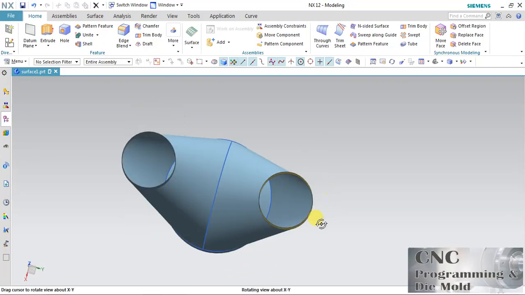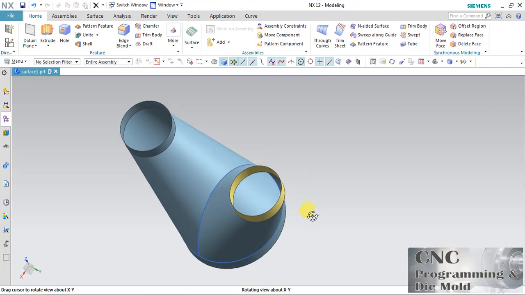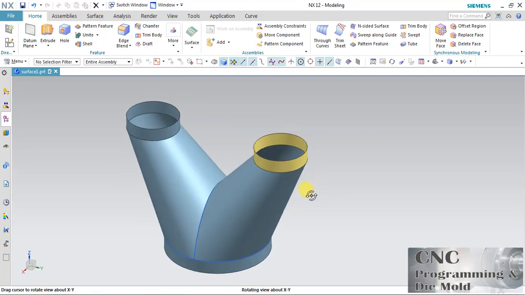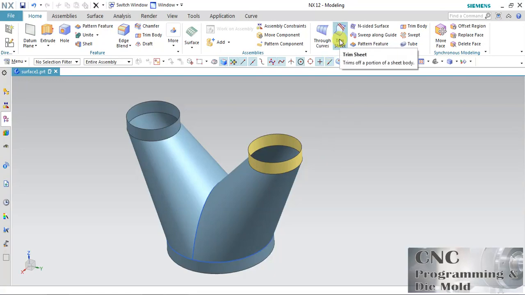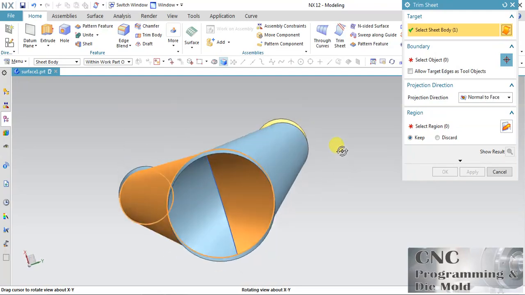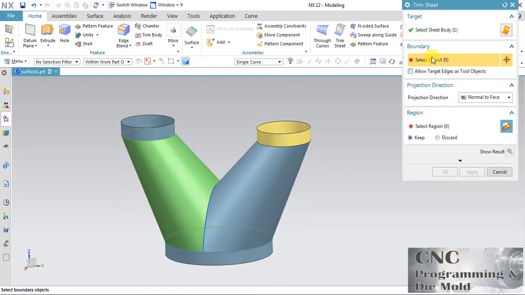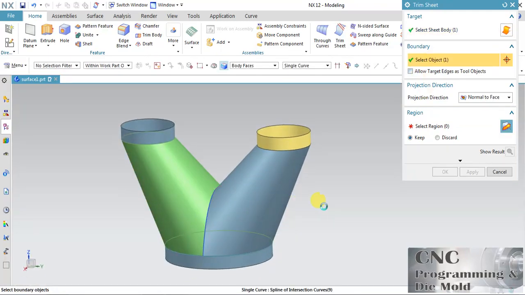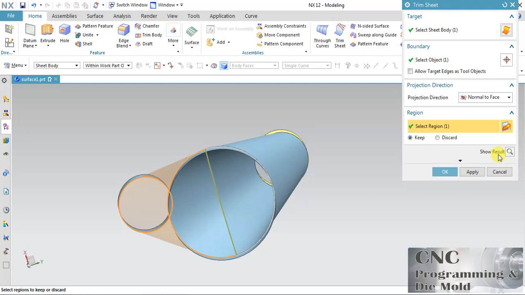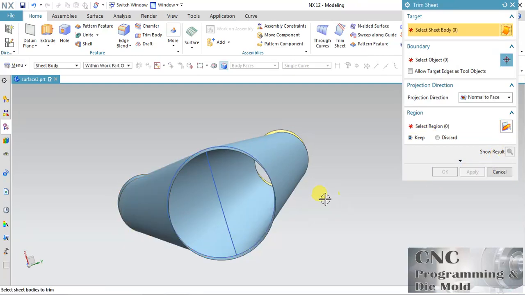So friend, these are my surfaces. Now I want to trim sheet. Here we have this trim sheet. I want to trim this sheet. This is my sheet with boundary. This is my boundary with this boundary, and I want to keep this region, this orange region I want to keep, and the remaining inside portion will cut. Okay,